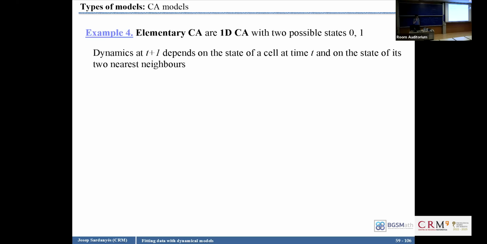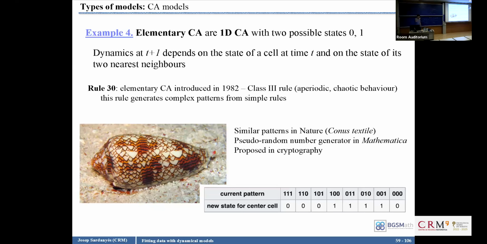So the first automata that were done and studied are called the elementary cellular automata. And here we only have 2 states, 0 or 1. These are binary automata. So the dynamics at t+1 depends on the state of the cell at t and on the 2 nearest neighbors. So here we are looking at left and right neighbors. And there are a lot of different